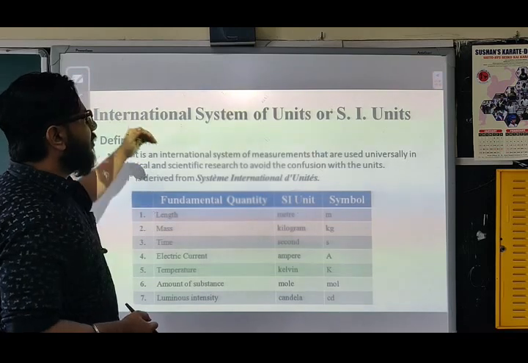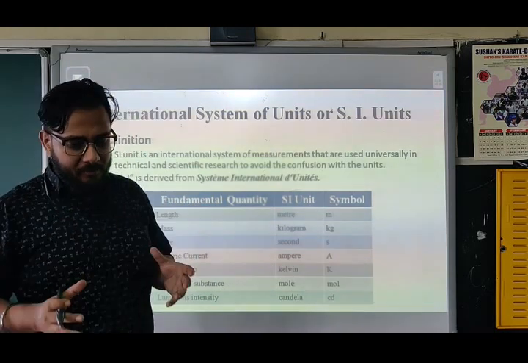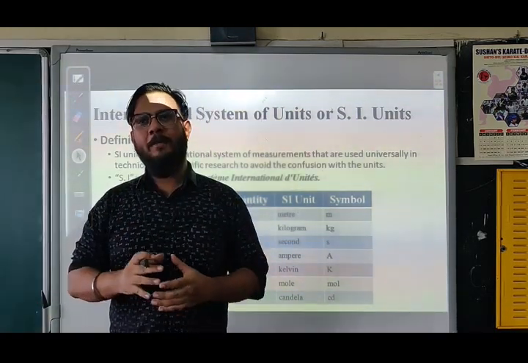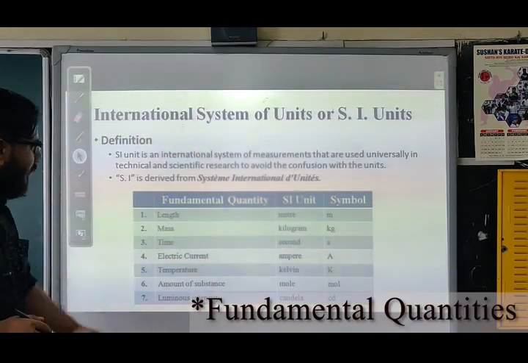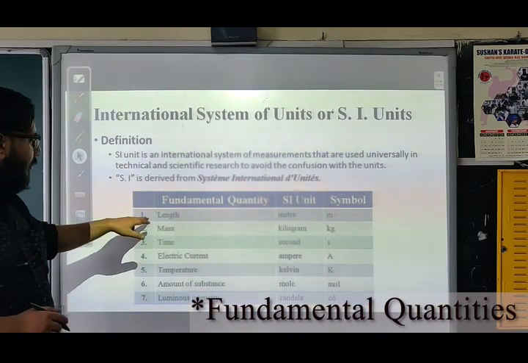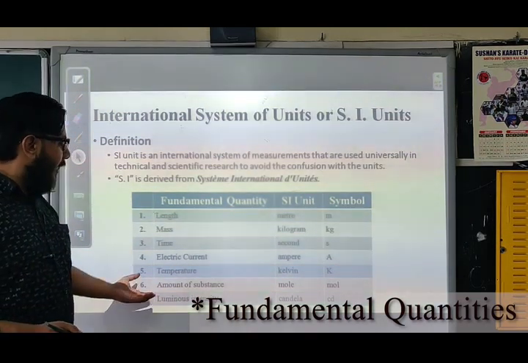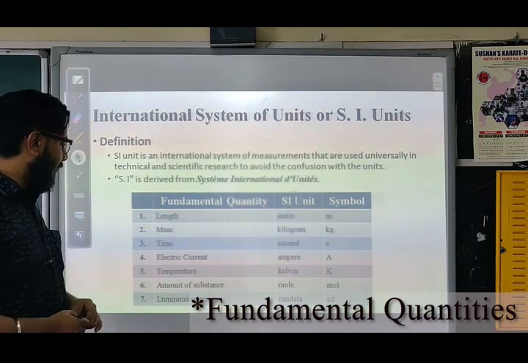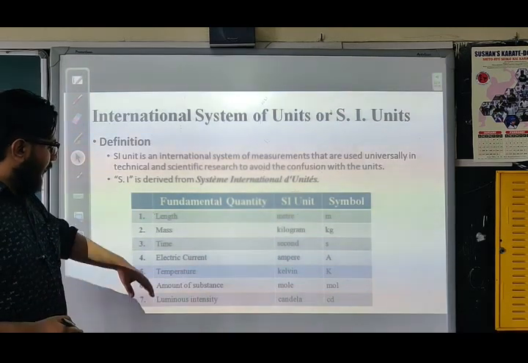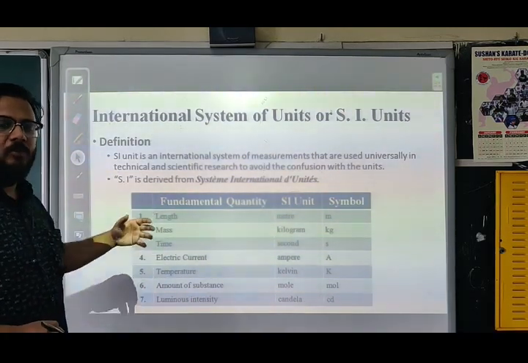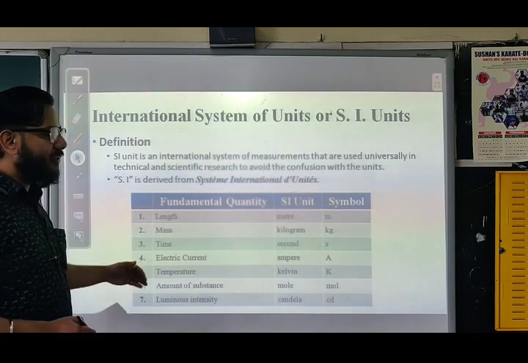The SI system, or International System of Units, as I've already talked about, is a system of units which is used by many people around the world. It's derived from a French word, and here are some fundamental units. Fundamental units are length, mass, time, electric current, temperature, which is hotness and coldness of the body, mole, which is something new, and luminous intensity. We'll study a few of these in this chapter. I'll just introduce you to these in this chapter, and we'll study all of them in detail in later